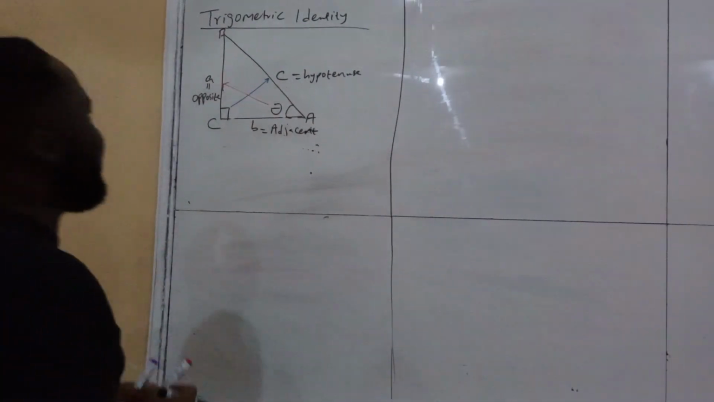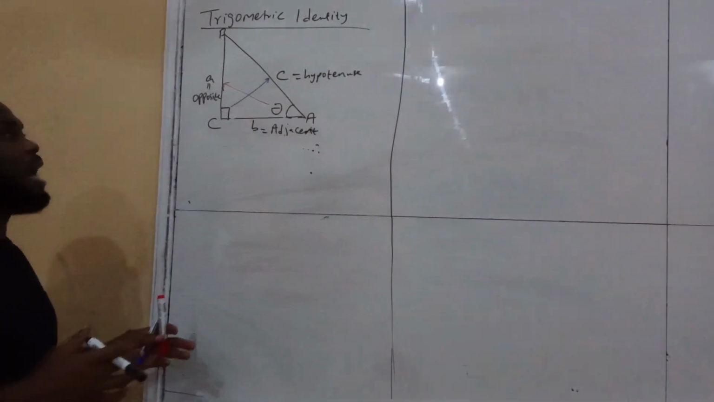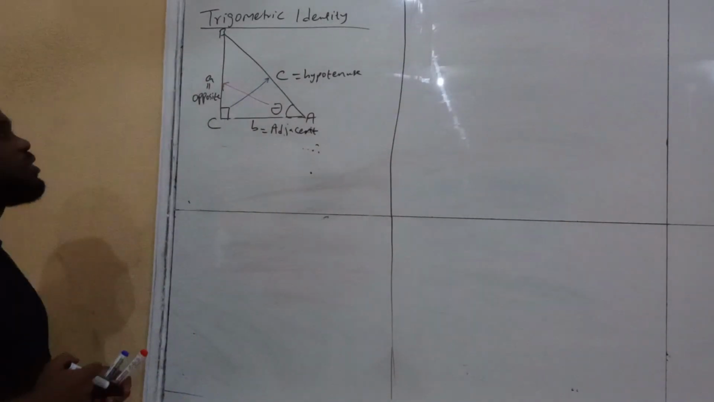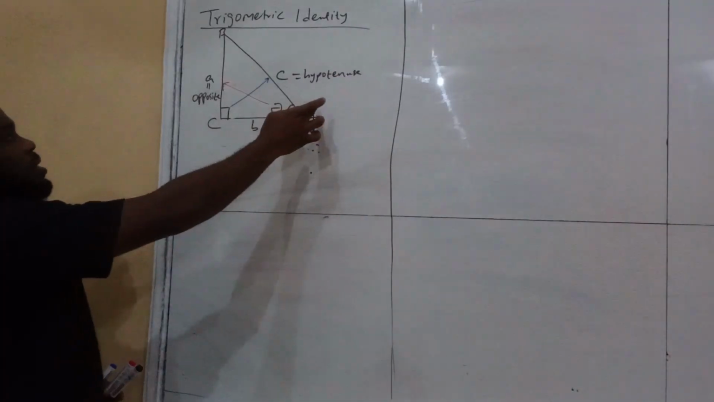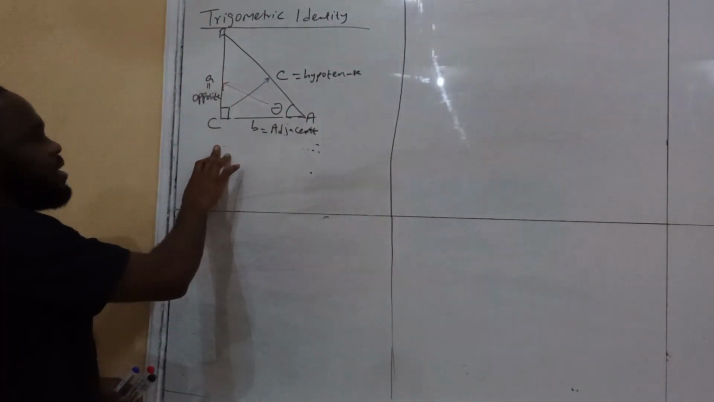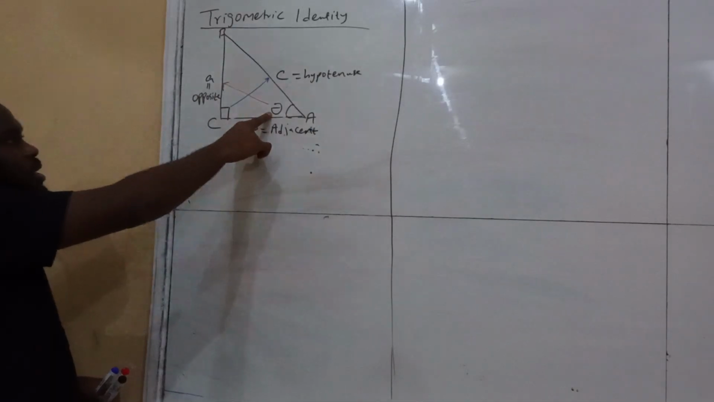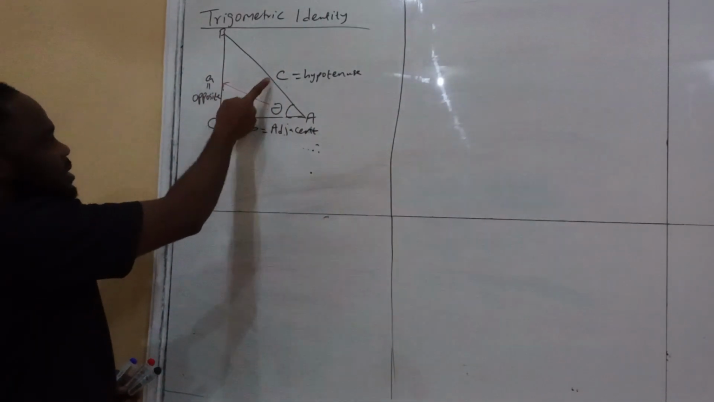Alright, so today we are going to look at trigonometric identities using a right angle triangle. Now we have a right angle triangle ABC, having angle theta inside. Now, remember that any side facing 90 degrees is always our longest side,